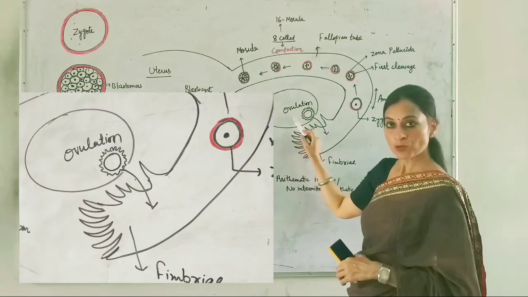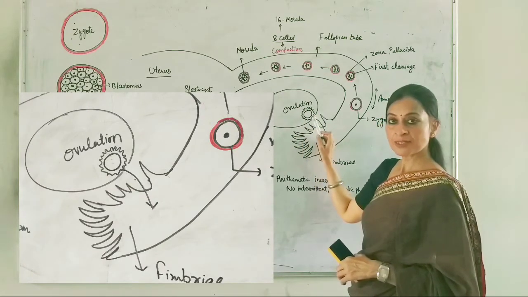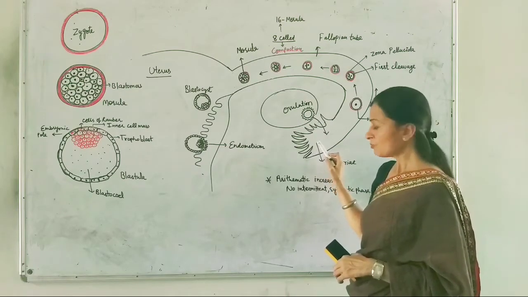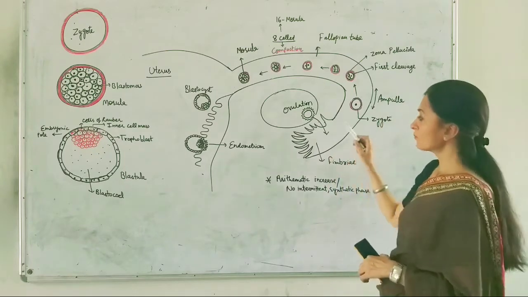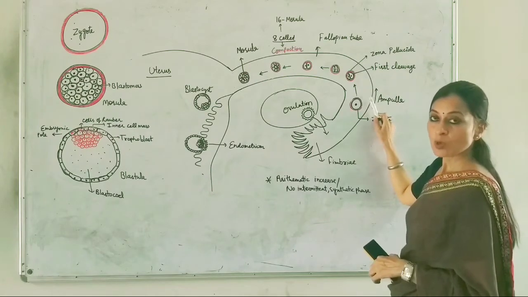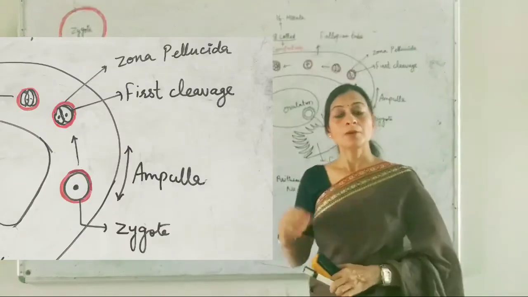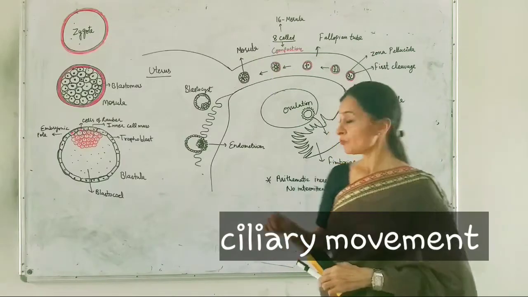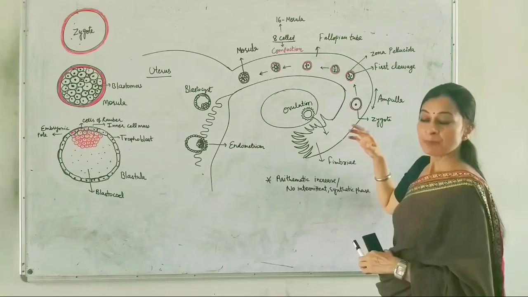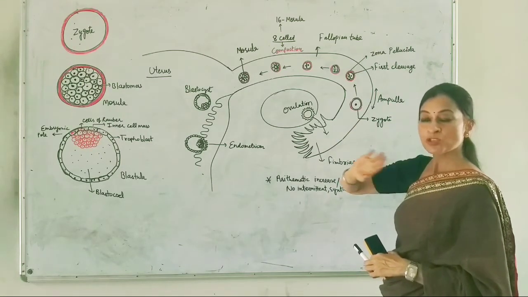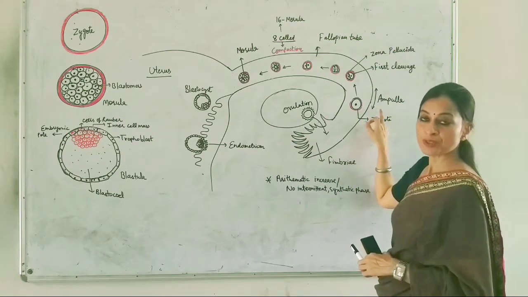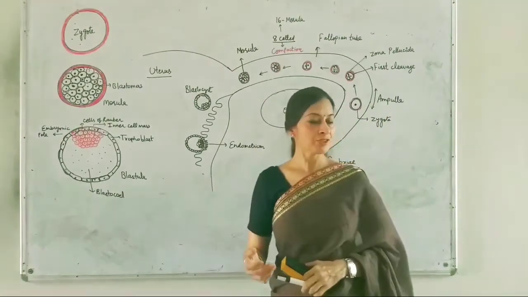is known as ovulation. After ovulation, the secondary oocyte is collected by these finger-like structures or fimbriae of the fallopian tubes, and this secondary oocyte is then pushed towards the ampulla region of the fallopian tube with the help of ciliary movements of this lining. The lining has ciliated cells, and this ciliary epithelium is going to push the secondary oocytes into this region, the ampulla part of the fallopian tube. And this is the ampulla region where the fertilization process takes place.